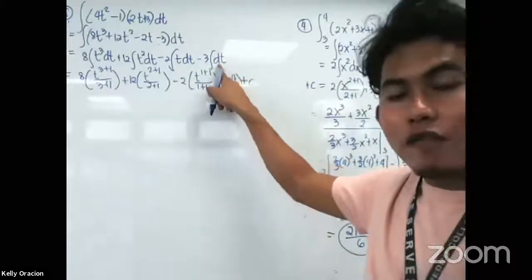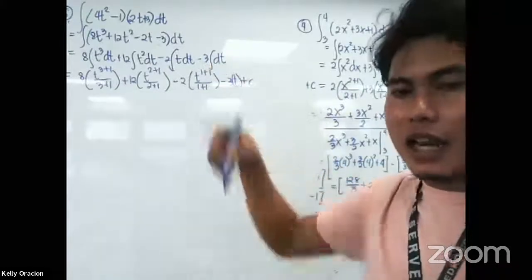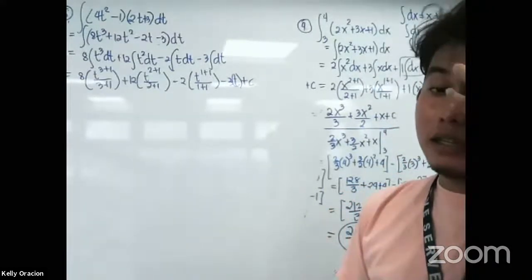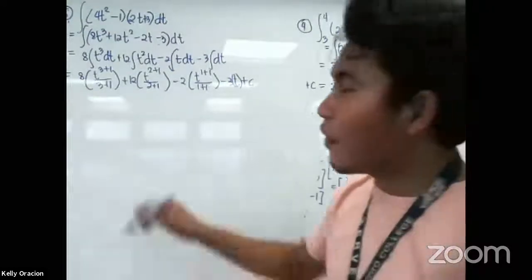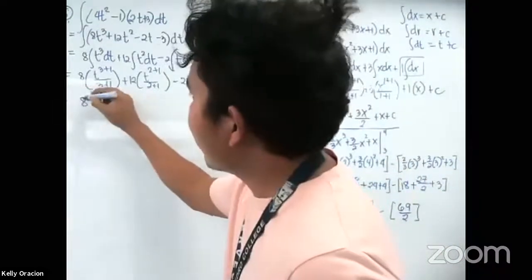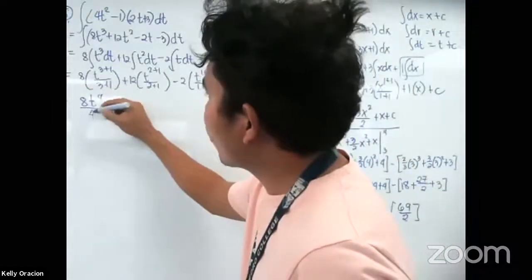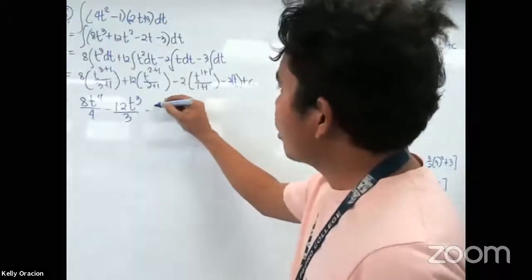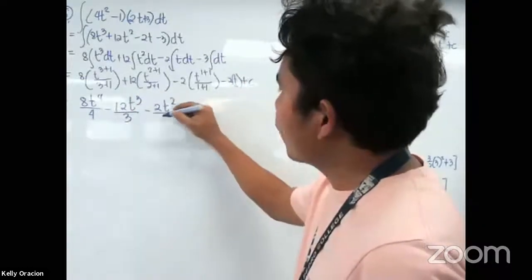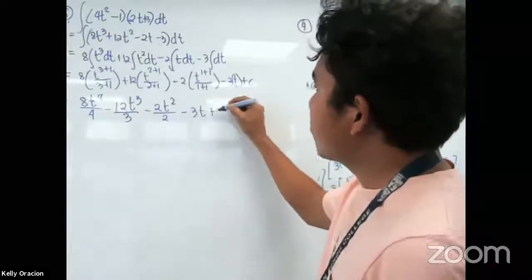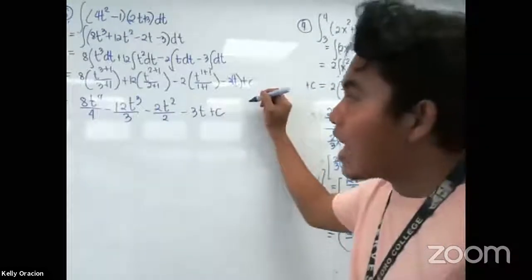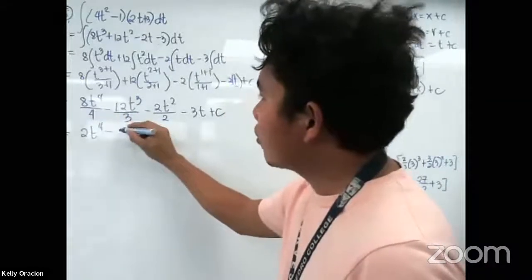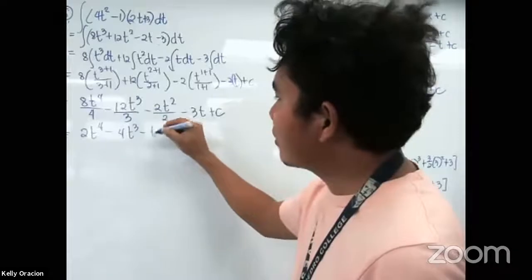The integration of dt is t. Again, the integration of dt is t. So let's simplify. 8t raised to 4 over 4, plus 12t cubed over 3, minus 2t squared over 2, minus 3t plus c. And you will have your final answer, 2t raised to 4 plus 4t cubed minus t squared